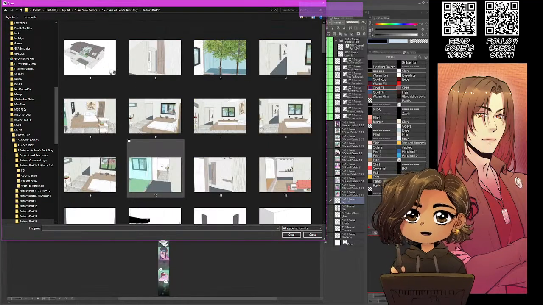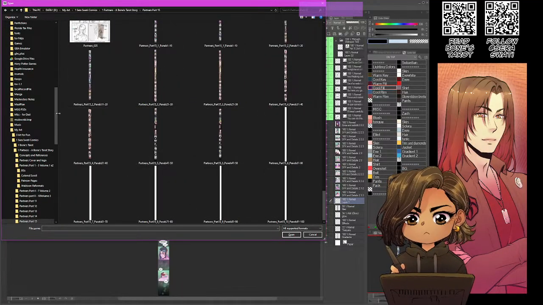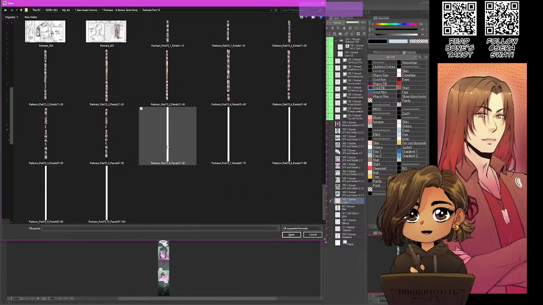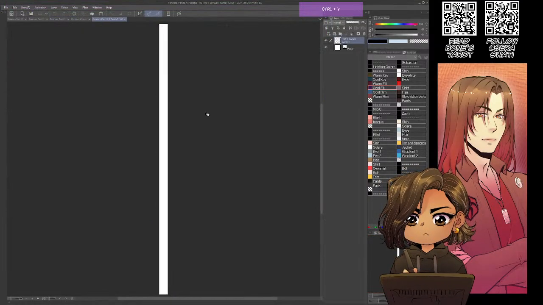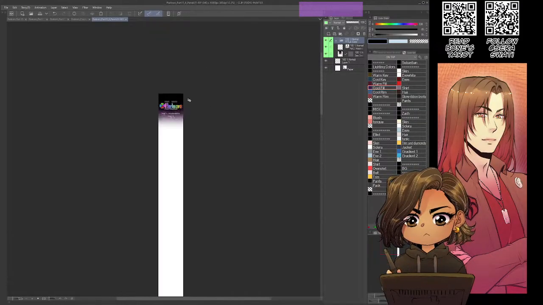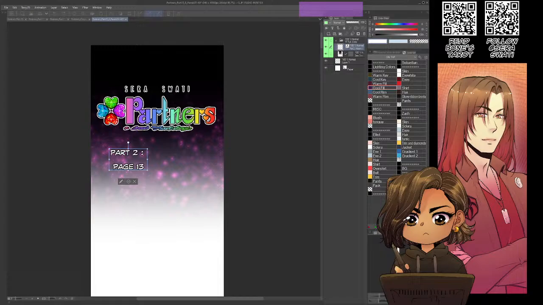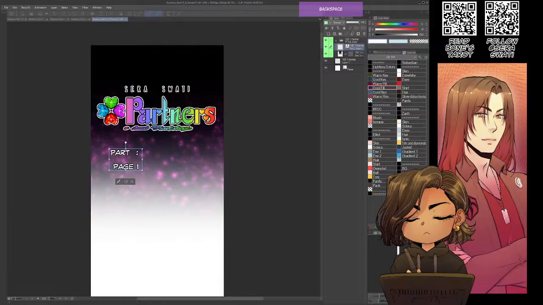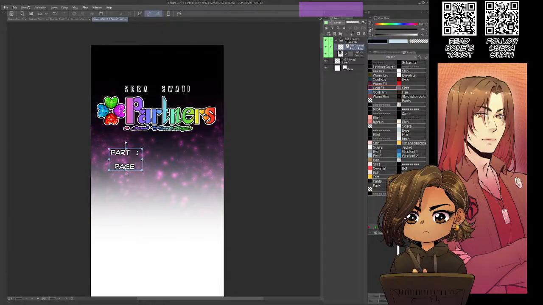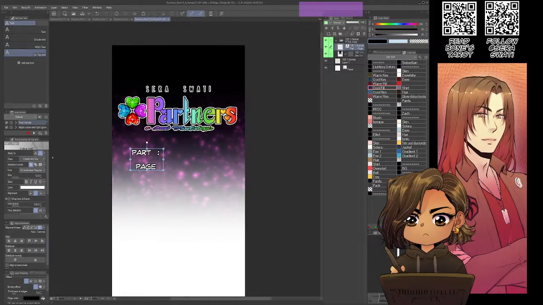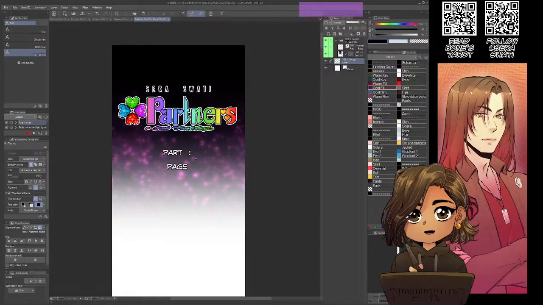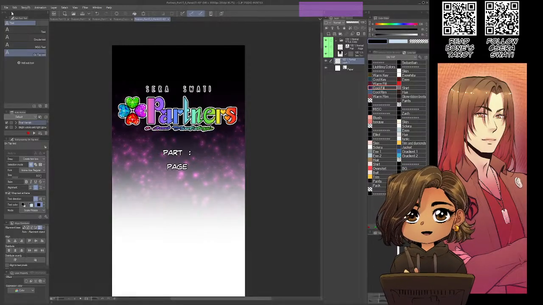Come over here. There's also more room. Paste. And then center it. Right? So this we're going to save as template.